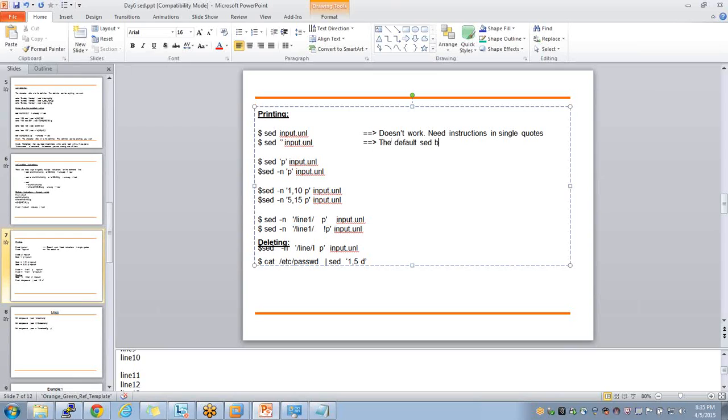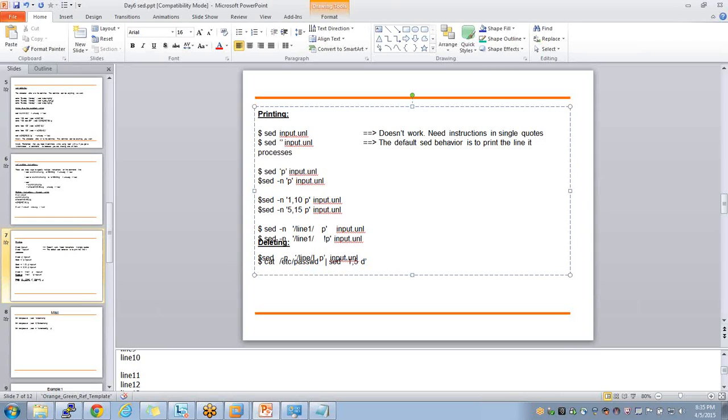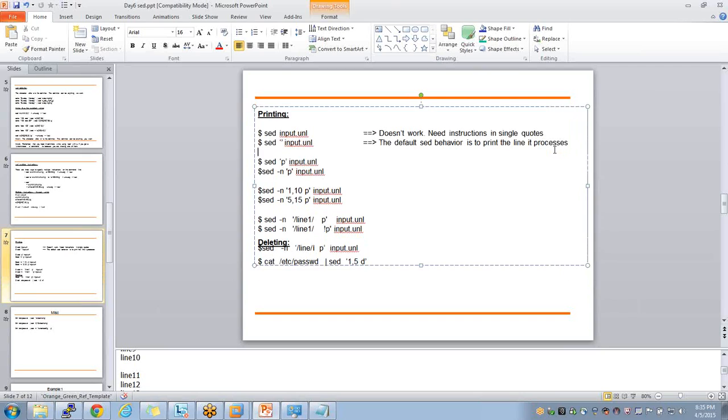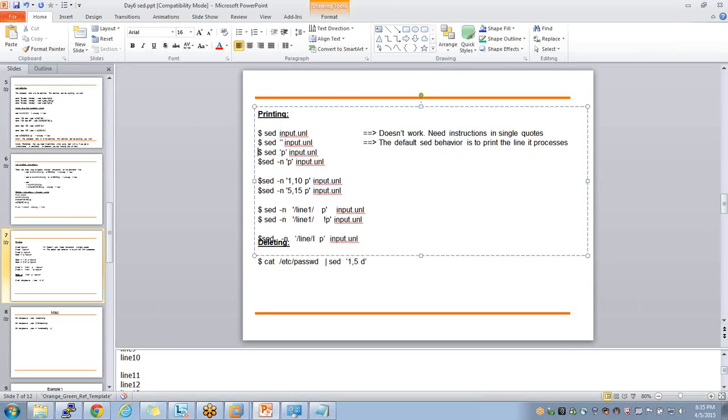The default sed behavior is to print whatever it reads. Print the file it processes. Yeah, anyway, you have it here. So this is how you can use it. It's not a big deal.